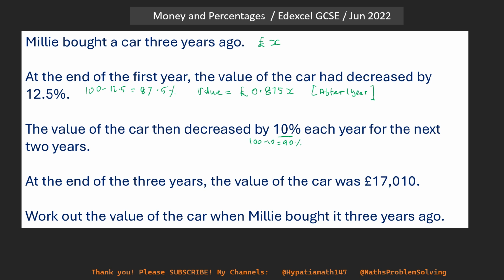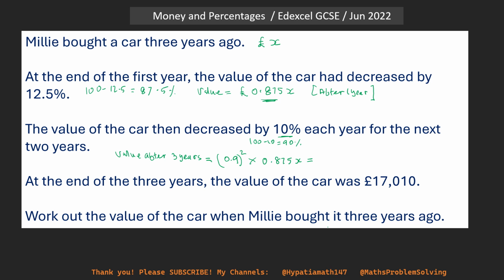So the value after 3 years would be 0.9 to the power 2 for 2 years, times 0.875X,